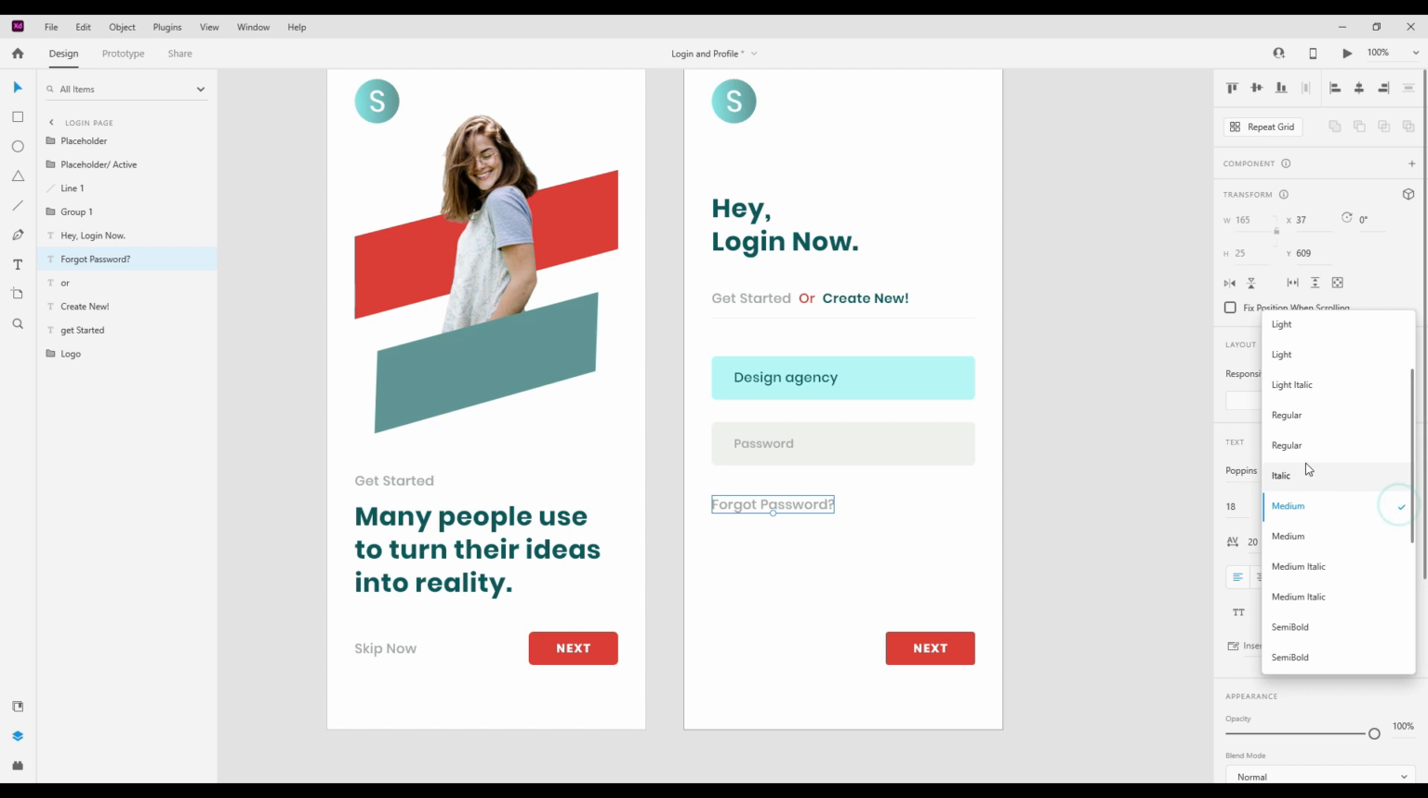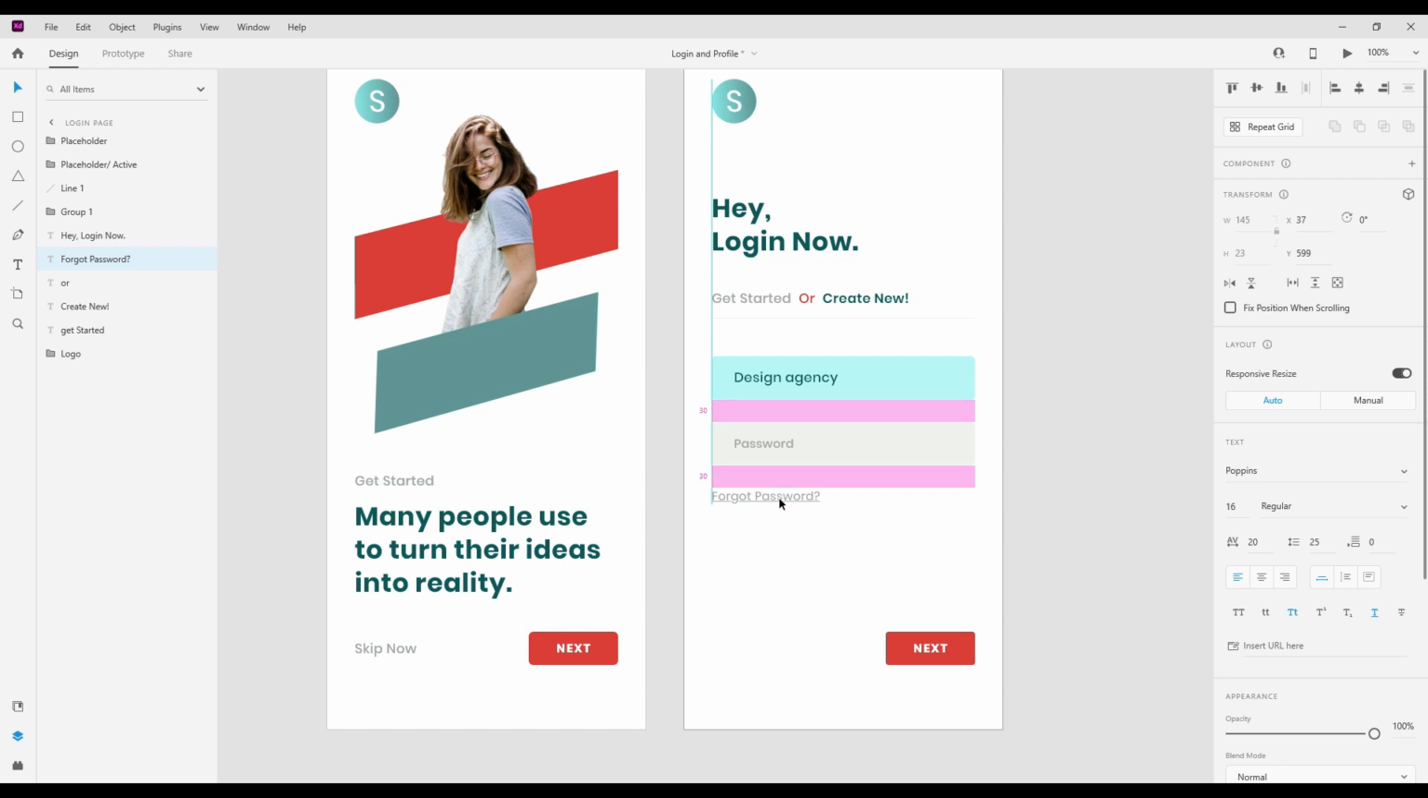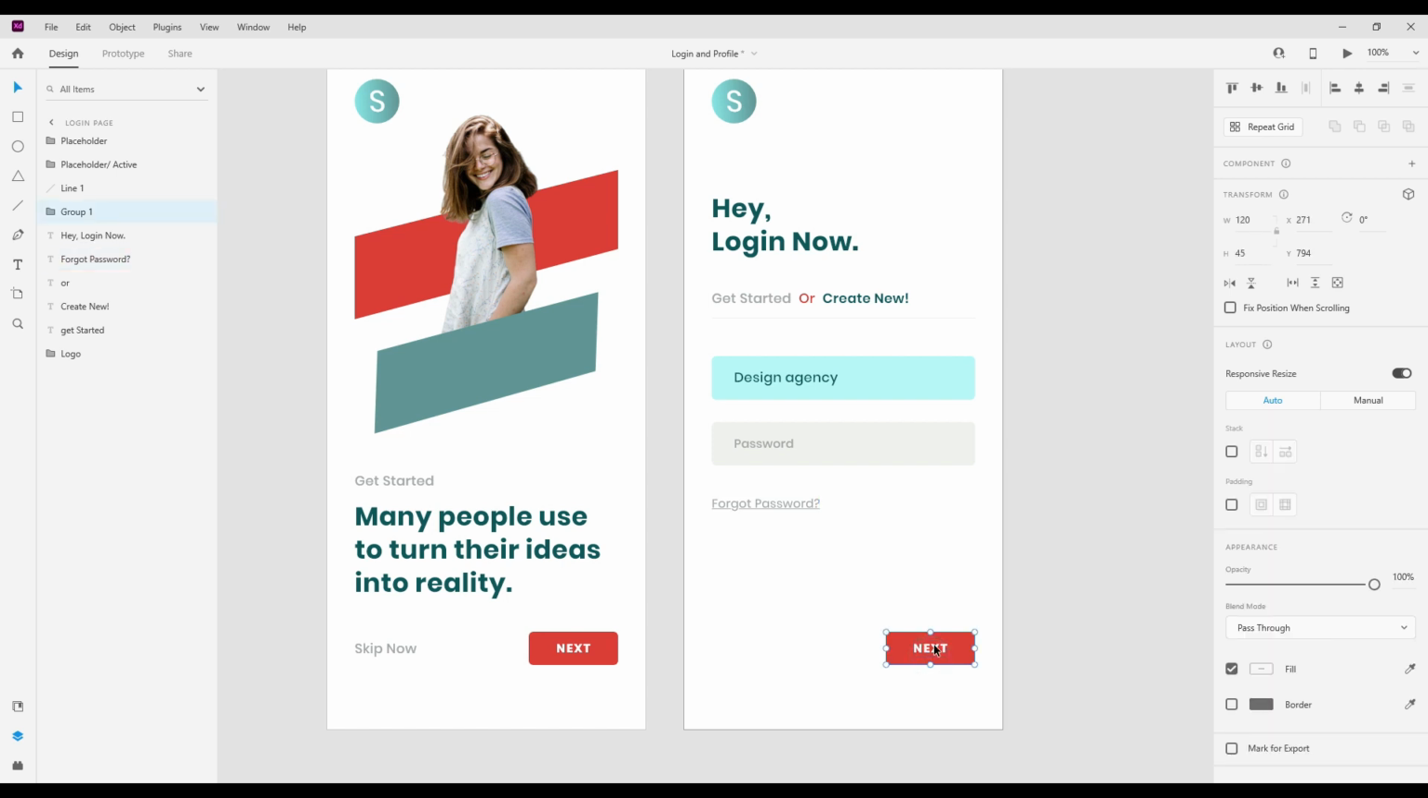And we change the font size, and we make it a link. Yeah, I think it is good, and we don't need a next button in there because there is no next button function. We need a login button,